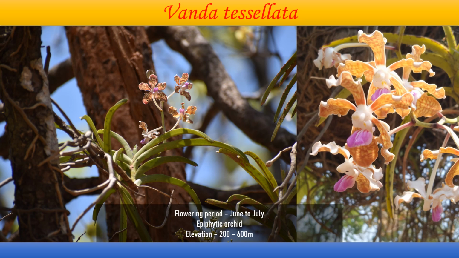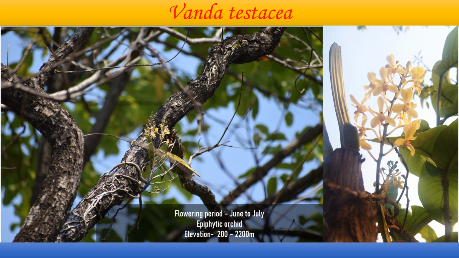So let's move to our next Vanda species. Then comes our Vanda testacea. As you can see, Vanda testacea has a medium or small size flower, so it is very difficult to locate inside the forest. But what makes it different is the leaf pattern, which is very different from other Vanda species, because it is small in size and erect. The flowering period is from June to July, and the elevation is just like Vanda tessellata, like 200 to